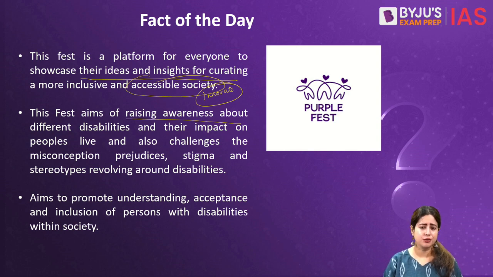This will also take care of the smaller subcomponents of disability. For example, women with disabilities, people who are geriatric, elderly people with disability or children with disability, people with multiple benchmark disabilities, as well as those people who, despite being educated, are unable to find employment due to lack of an accessible infrastructure. So all those problems will be